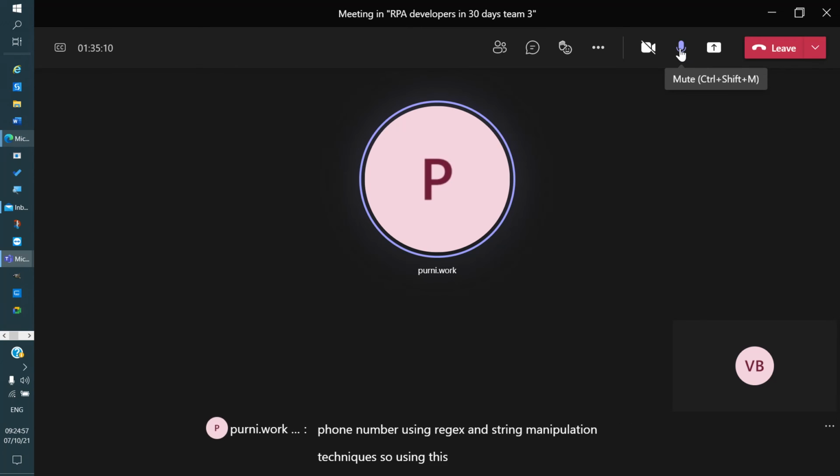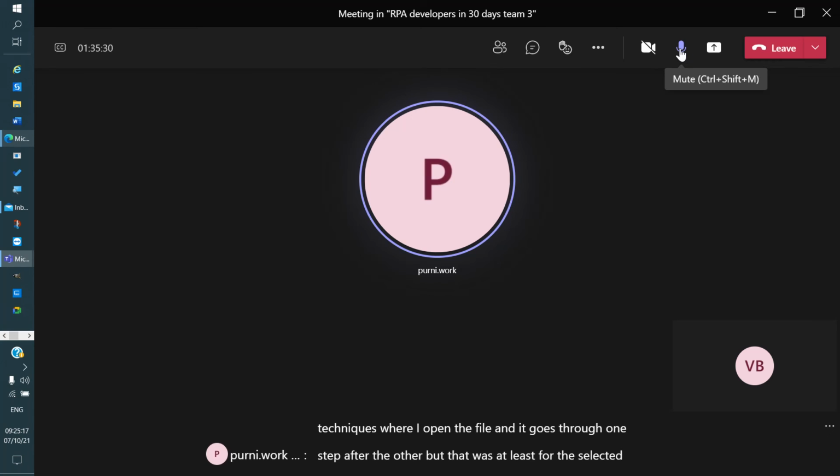Using this, I was able to build the skill sets. Of course, it did not work for resumes with images. For those I had to use OCR techniques, where I open the file and it goes through one step after the other, but that was at least for the selected resumes. The majority of the resumes I was able to extract.